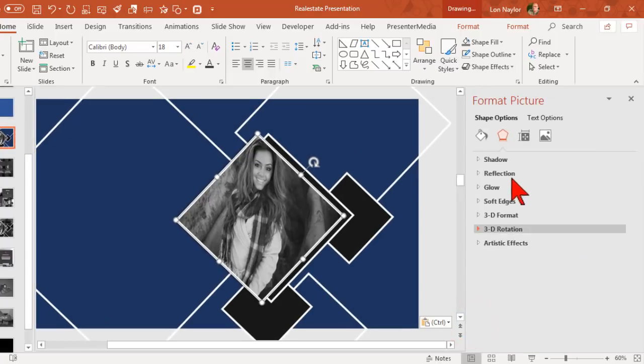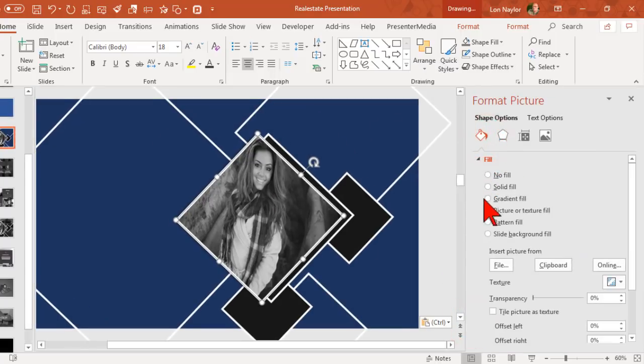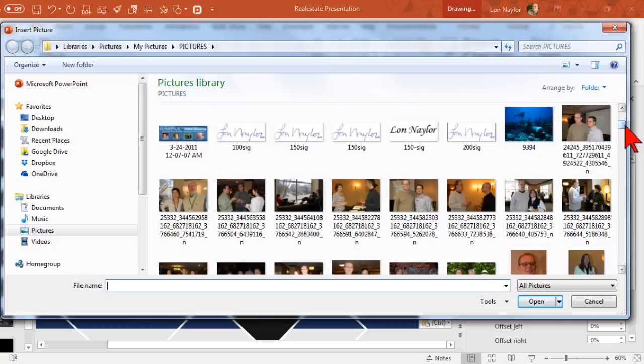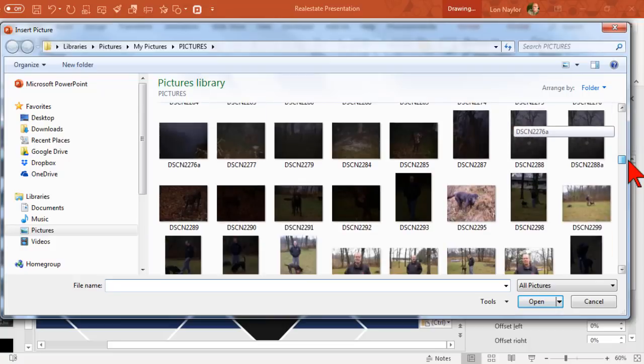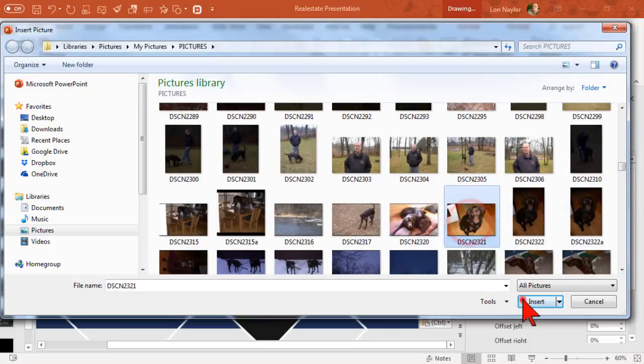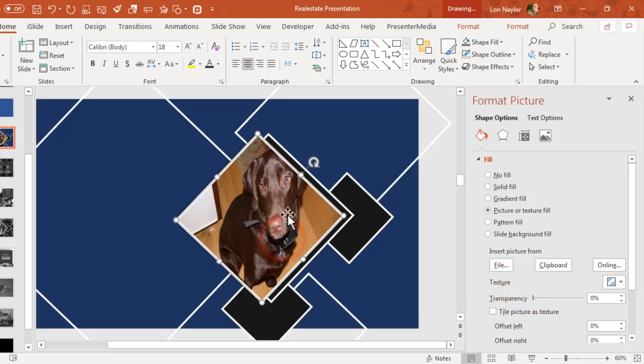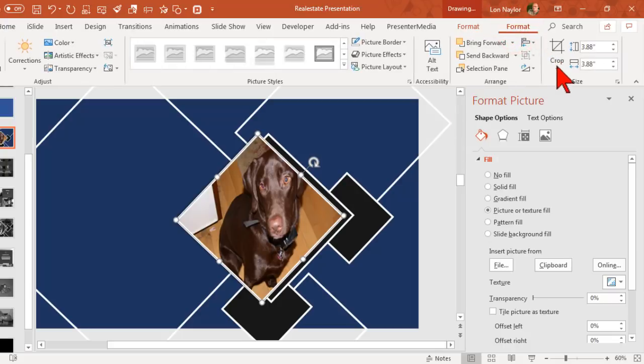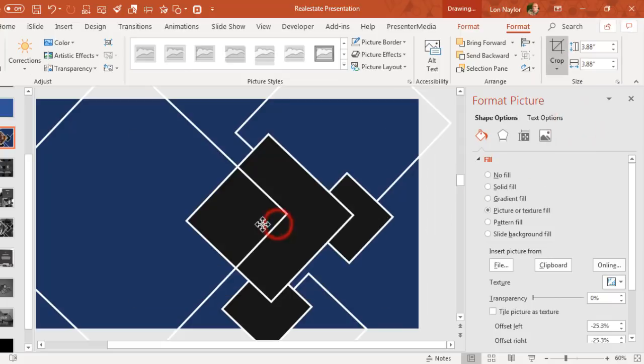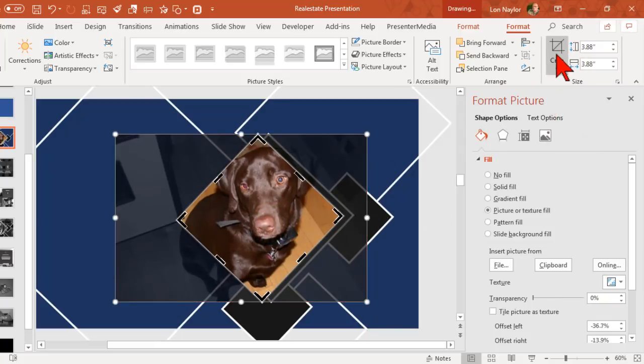Format picture, fill, from picture, file, and let's find a Maggie picture. There's one. Maggie's a little squished, adorable but squished, so let's go to Format, Crop, Crop to Fill, boom. There she is, crop,